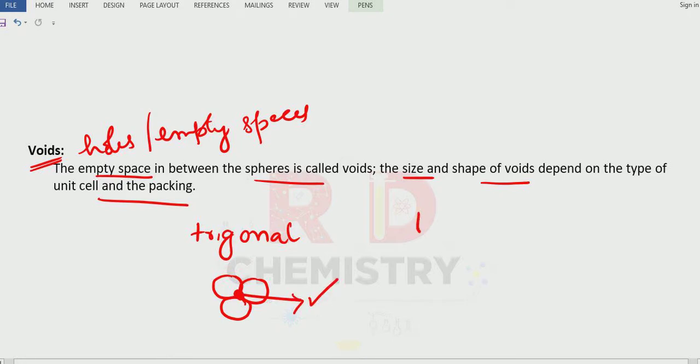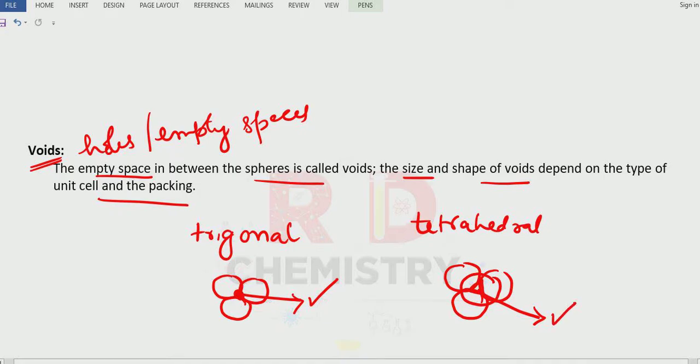Next one we have is the tetrahedral void. How is the tetrahedral void formed? So we have altogether 3 particles like this. So this is a triangular void we have here. Clear? Then there is a particle just above it closing that void. So there are 4 particles closing that void now. This is called the tetrahedral void.